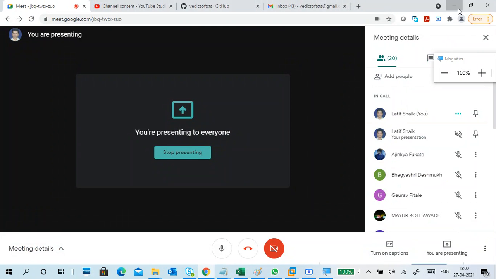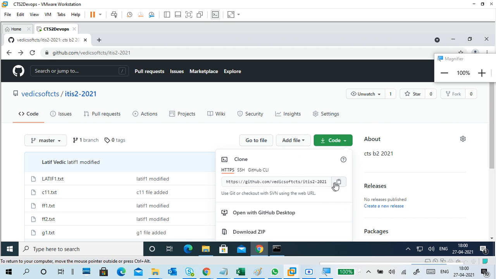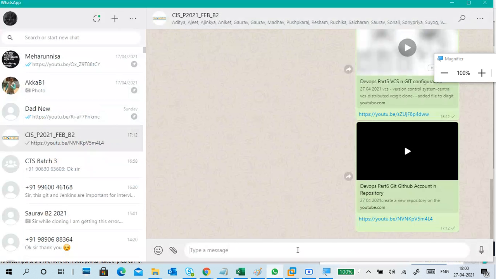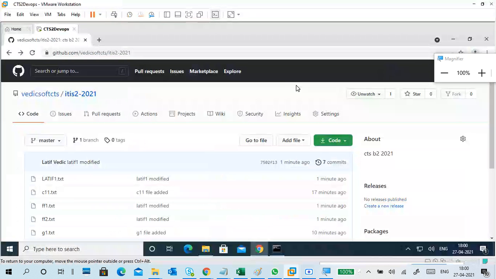Okay. So understand how to resolve the issues using first git clone, add the file, and get it. Already you know the link. Okay, you know this link, right? I am also sharing the link in your WhatsApp. Open the link. No need to log in. You know the username and password, I already shared them. So what you do, just clone it first. Make sure internet is connected. Check it. Clone it first and go to that folder, add a file and commit. That's it. Just that part at least do it.